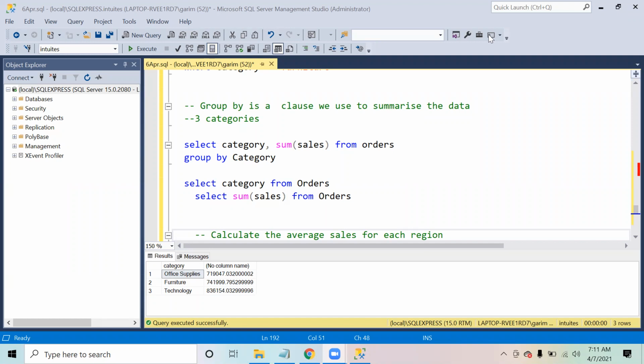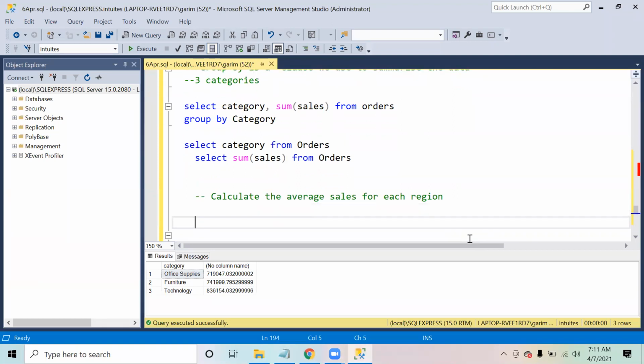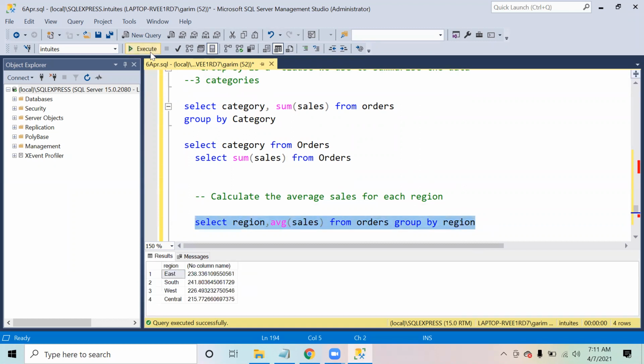Okay, so this is perfect. I can just copy this. If we run this, we get the average sales for each region.